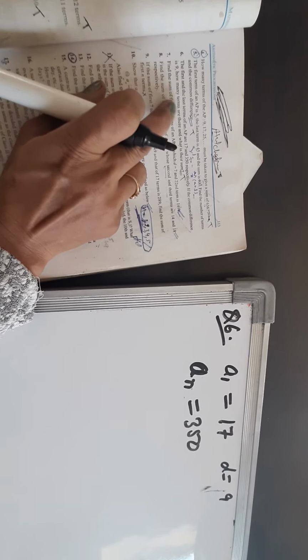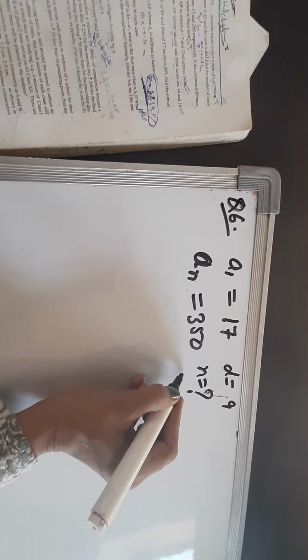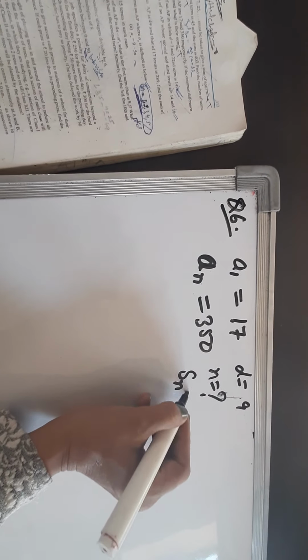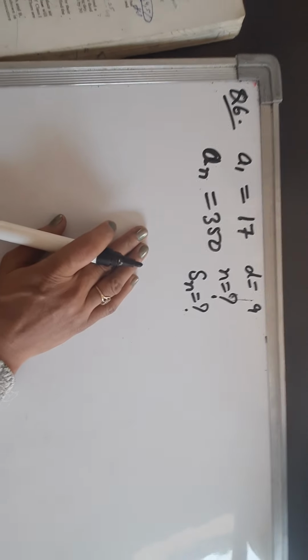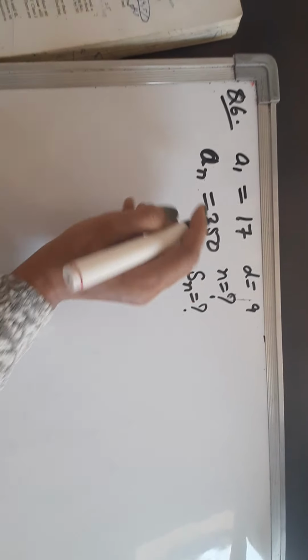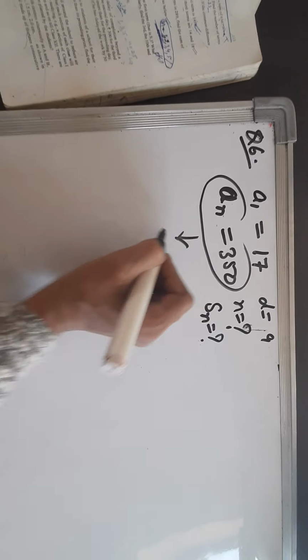How many terms? Again n आ गया बेटा. How many terms? That means n are there, and what is their sum? और इन terms का sum कितना है? This is what we have to find out. So tell me, कहाँ से start करें question? What is given to us? an is given to us. So we will start from the given part.